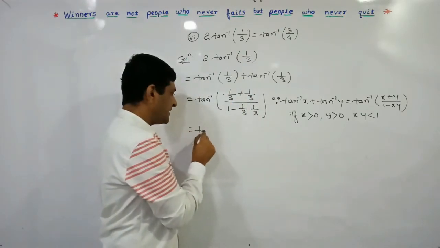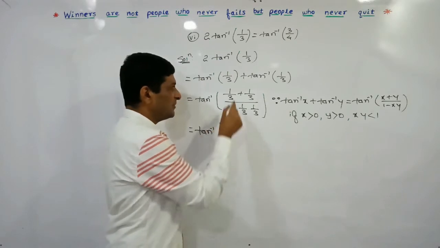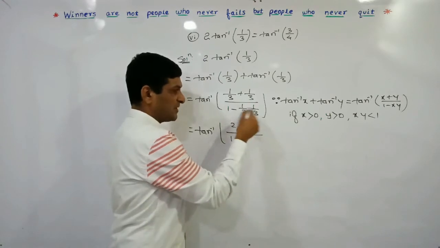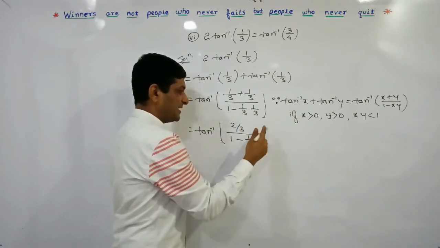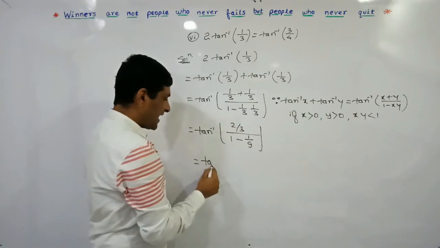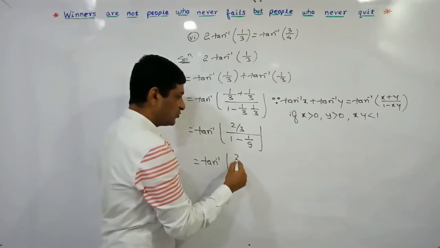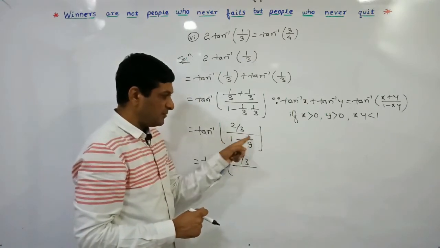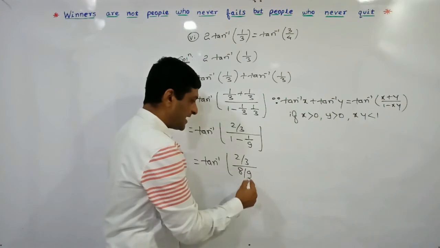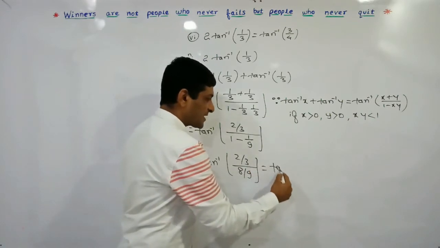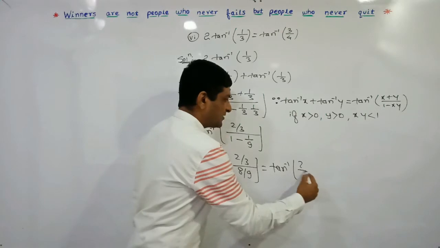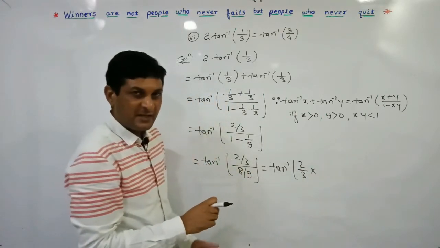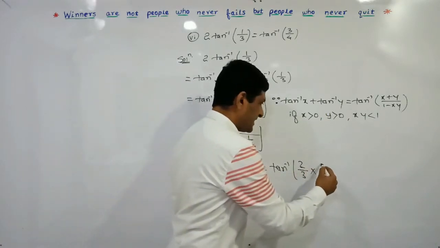Let us simplify it. Tan inverse of, in the numerator, 1 by 3 plus 1 by 3 is 2 by 3. In the denominator, 1 minus 1 by 3 into 1 by 3, which is 1 by 9. So this is equal to tan inverse of, in the numerator, 2 by 3, keep it as it is. In the denominator, taking cross multiplication, 9 minus 1, we get 8 by 9. So this is equal to tan inverse of 2 by 3, as it is, divided by 8 by 9. If we multiply, it becomes